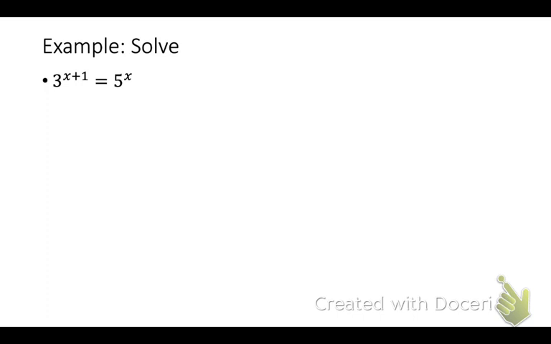So first of all, you always want to check for the one-to-one property. Can you get the same base? Unfortunately not. So what do you want to do? Do you think just taking the natural log of both sides is going to be our easiest way to do it? Yes. Okay. And I'm going to just stick with natural log. We could do log, but natural log is only two letters, you know. So the natural log